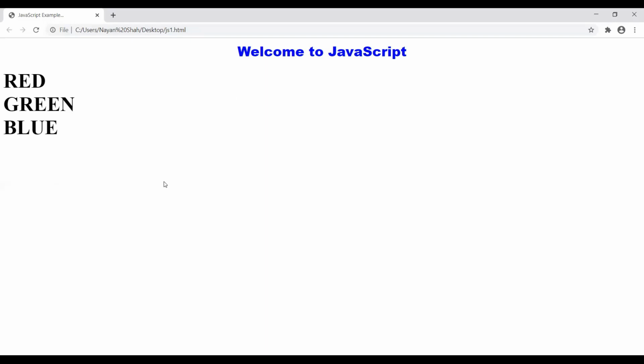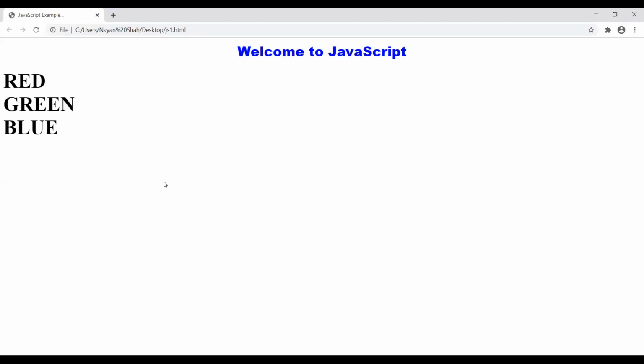Now in the next lecture we will see how we can validate our form. Validation means how we can check whether the username is correct, whether passwords are the same, whether the user has selected a city, whether the user has selected at least one hobby, gender selection is done or not, pin code is properly entered or not. All this validation of the form which we have created in chapter 1, we will be doing in the next lecture.